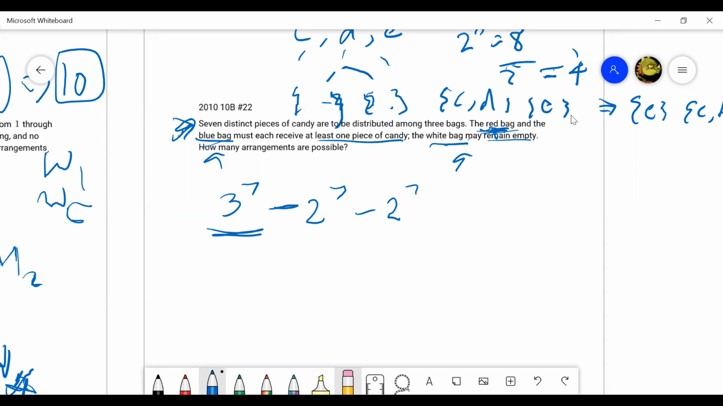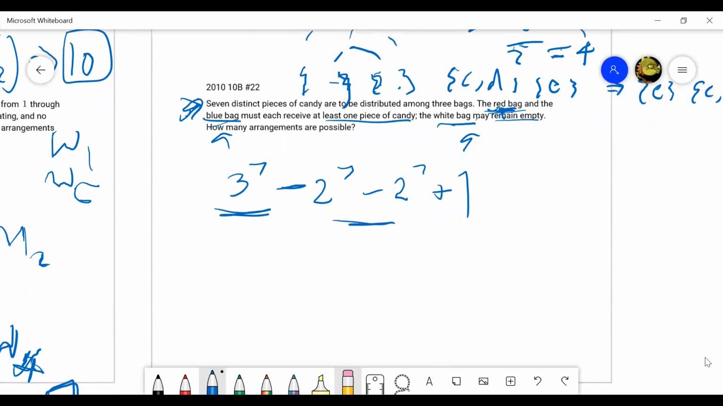However, when we subtract out this, we subtract twice the case where the white bag has all the candy. So we have to add it back, right? So it's only subtracted once. Okay, so this should just be the expression. Then you have 2^87 minus 128 minus 128 plus 1, which is equal to